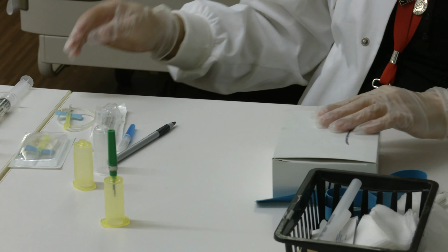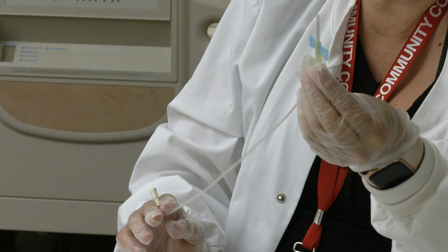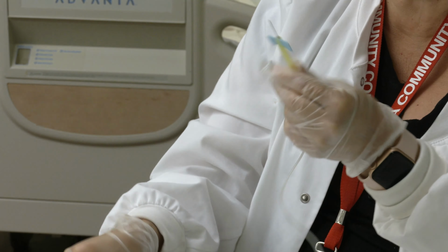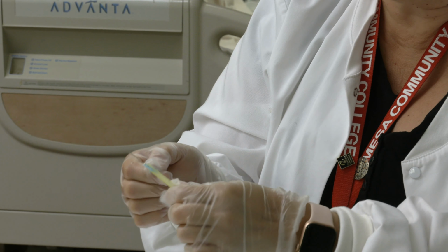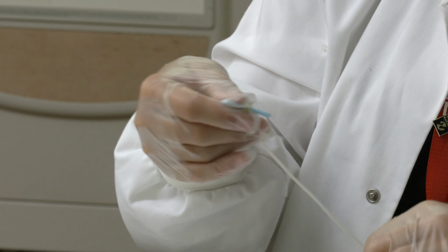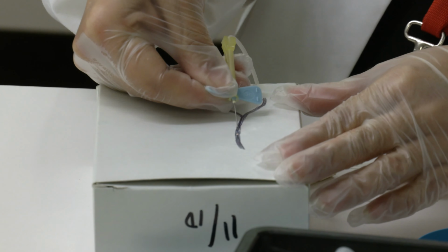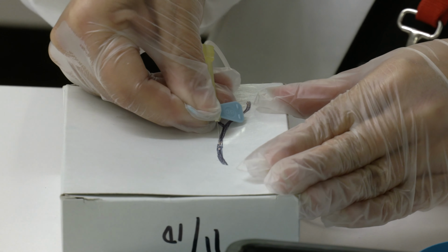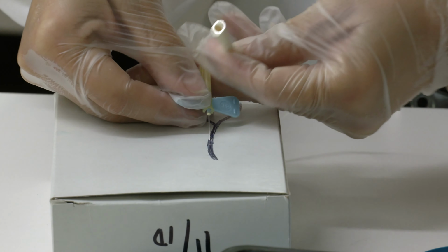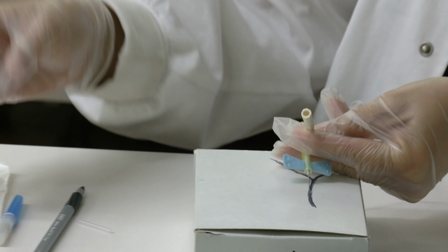All right, so if you're brand new to this, you can use the butterfly. And the reason we like the butterfly is because it's going to clue you in. Right here, you'll get a flash, and it'll tell you that you're actually in the vein. So you're going to go ahead, bevel up, clean. You're going to go in, and as soon as you're in, you're going to see a flash, and that'll allow you to release it, and now you can use your other hand, and you can decide how you want to